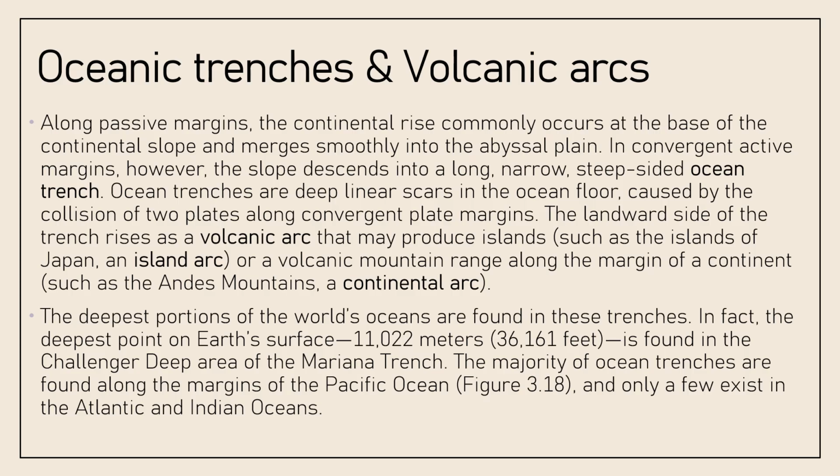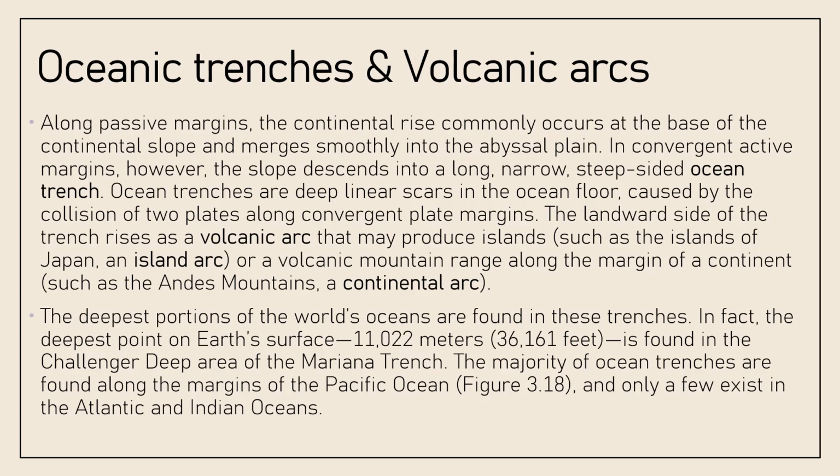These trenches are deep linear scars on the ocean floor caused by the collision of two plates along convergent margins. The landward side of the trench rises as a volcanic arc that may produce islands such as the islands of Japan, or a volcanic mountain range along the margin of a continent such as the Andes Mountains,